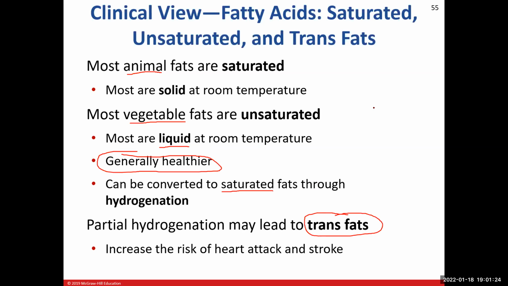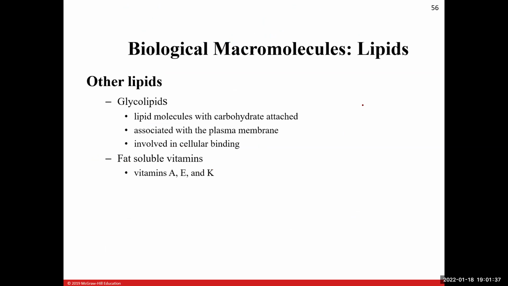So we don't use them anymore because they increase the risk of cardiovascular disease and stroke. So we don't mess with trans fats anymore. I recommend that if you have any, get rid of them. You don't want them. A couple other lipids, we have our glycolipids, and glyco just means we're going to attach